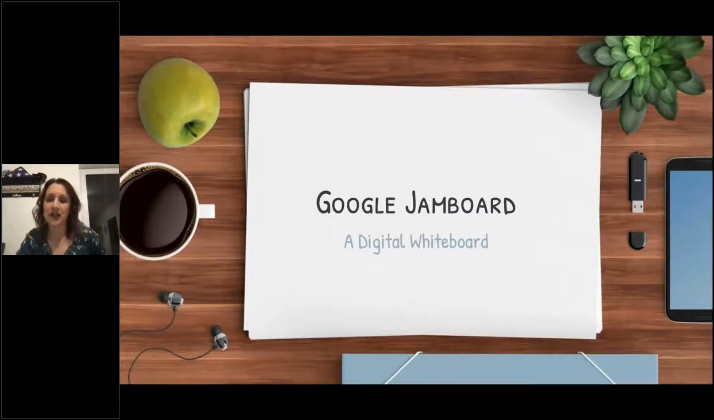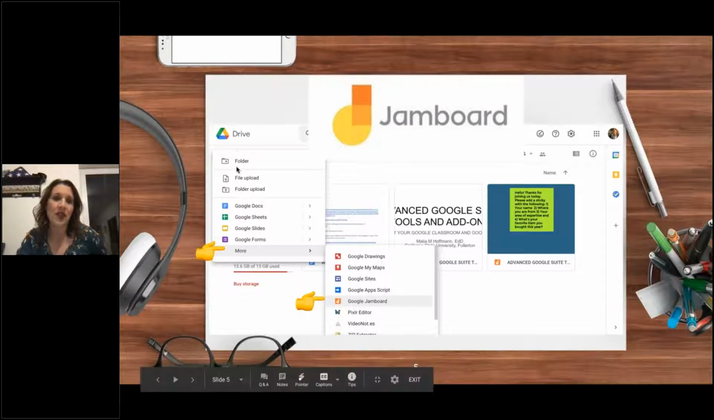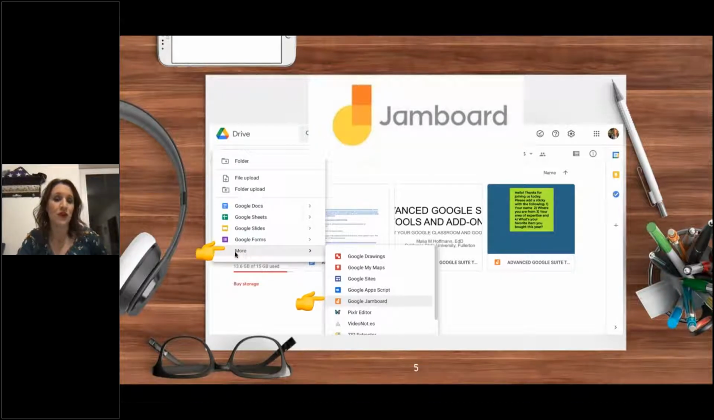So Google Jamboard, like I said, is a digital whiteboard. It has many uses. It is connected to your Google Drive, and if you are trying to follow along and play around with these tools as I'm talking, please do so. In your Drive, when you go to the drop-down folder, you won't see it in your top 4, but you will have to go to More. This is the yellow hand pointing you there. And then you will go down to Google Jamboard, and if you click on that,